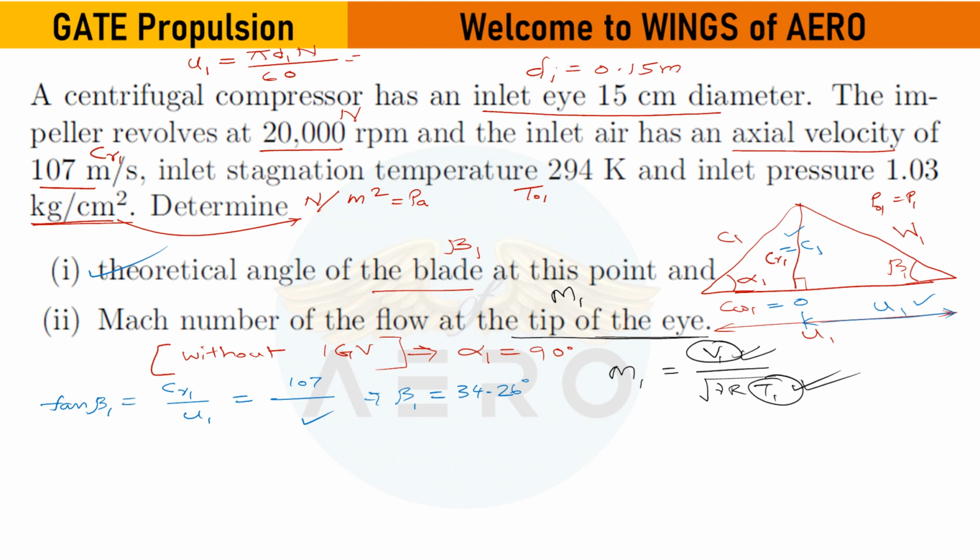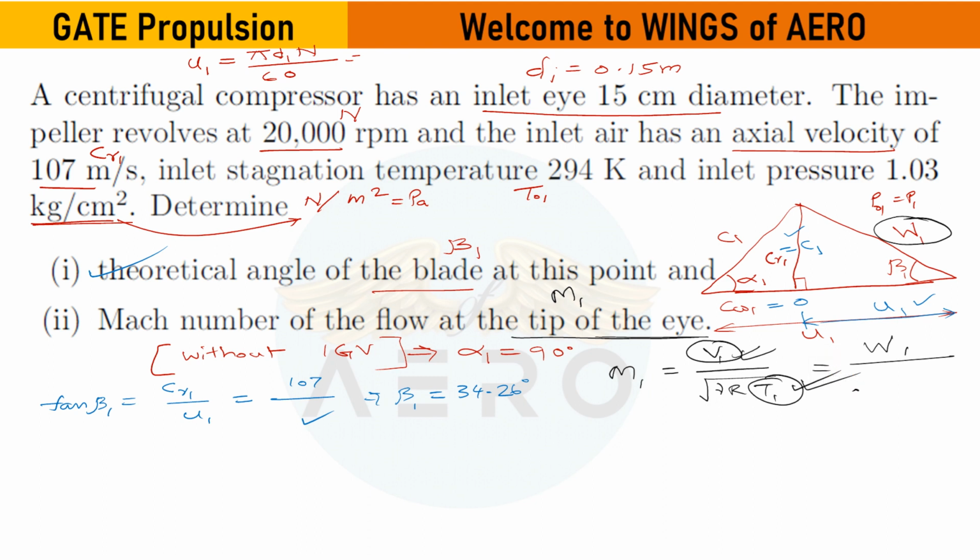Will you take C1, W1 or CR1? Relative, exactly. Because what is the concept? When the flow is entering inside the impeller blade, it will be relative, and when it's expelling out, it will be the absolute. So here we have to use